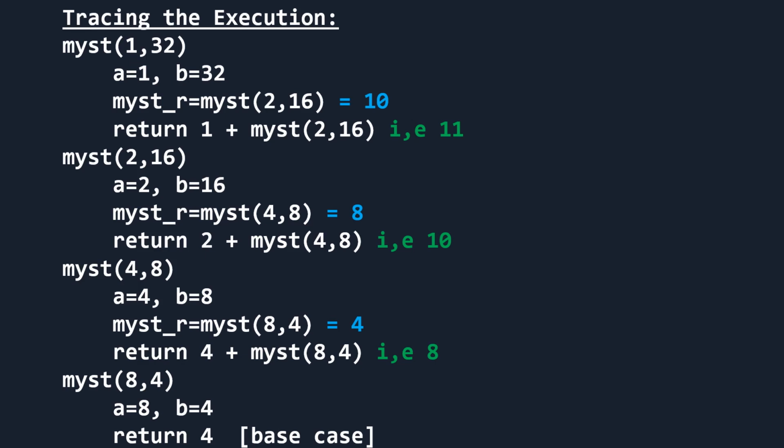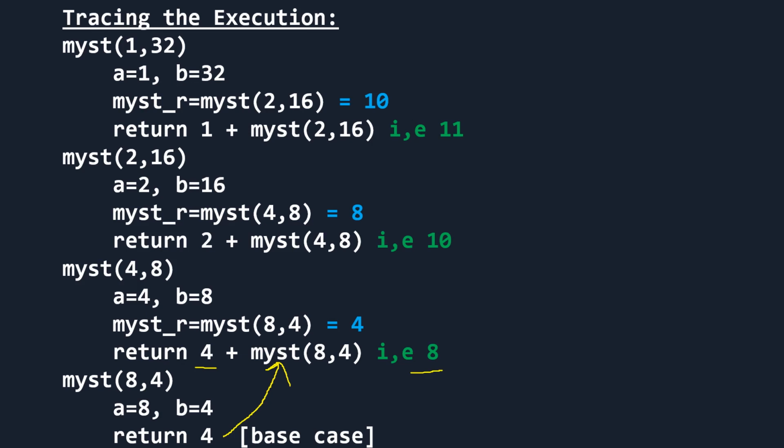Now you just move upward. You can see over here the final value which is returned, that means which is satisfying the base condition. This is returning the value 4. Okay. Now if you just check this value which is returned, that will go to this place. So this value becomes 4, and here it was 4. So 4 and this 4, that is giving you the value 8. Okay. So this 8 is returned by this function.